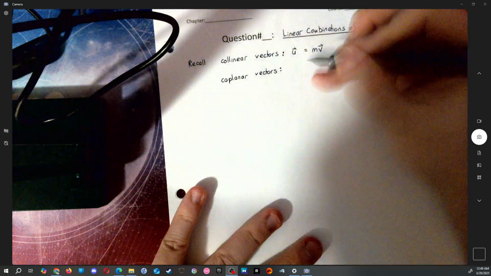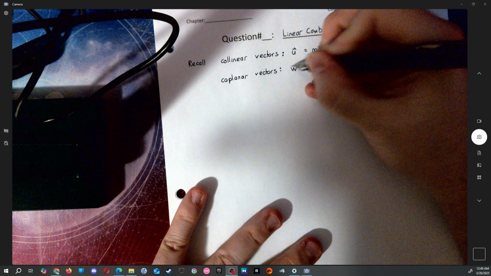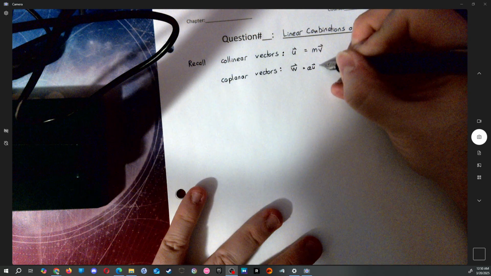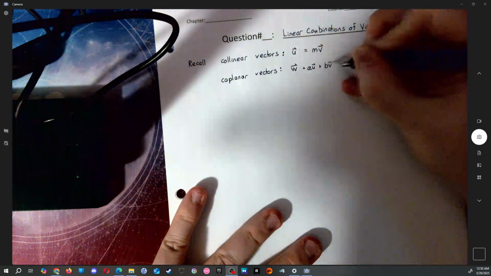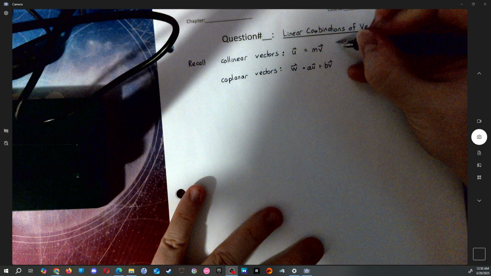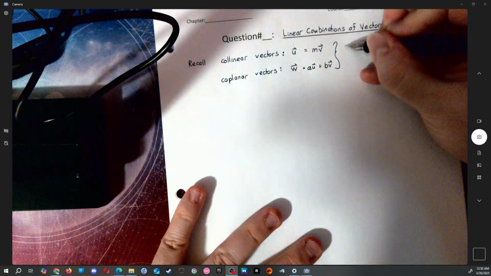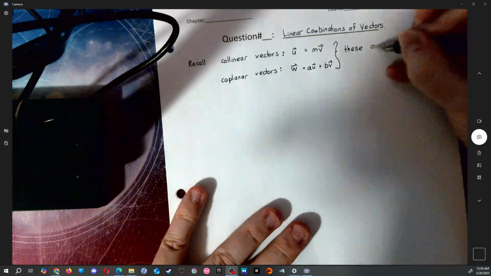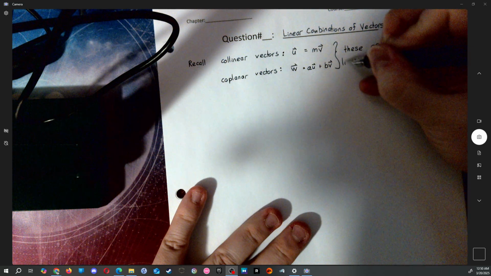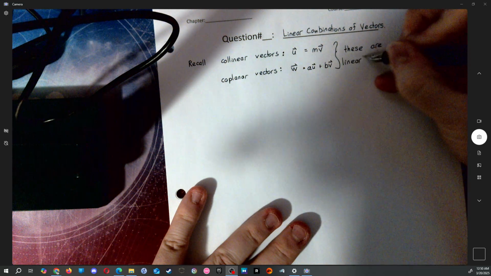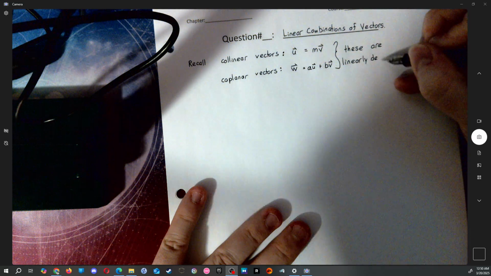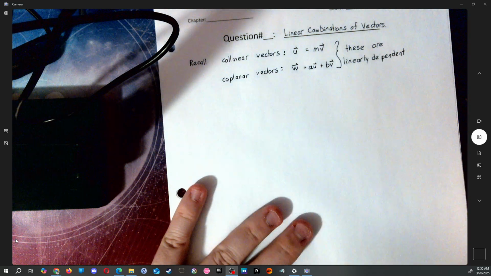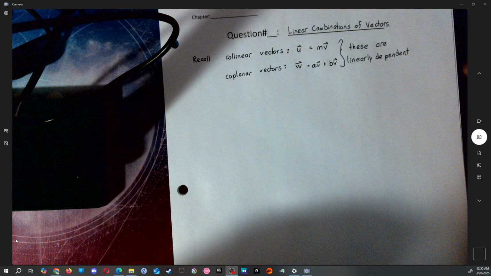And I would have a similar idea here. So I could have vector w equal to a times vector u plus b times vector v. Okay? And these are linearly dependent. Okay? All right. So now that we've gone over that,